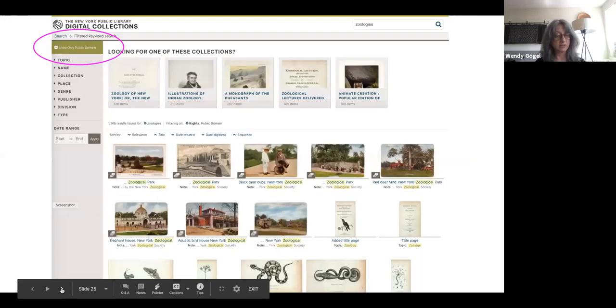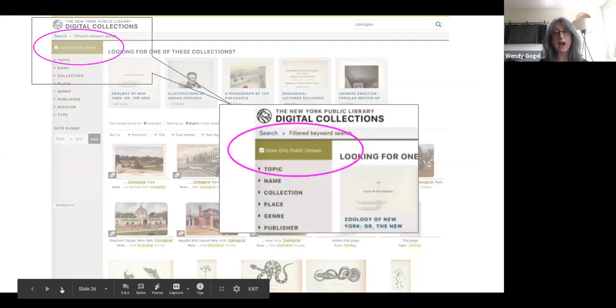The same standardized rights statements metadata enables faceting to refine search results to only public domain material after a search. So you actually can search for everything and then facet to focus only on materials in the public domain, just like this search for zoology shows.